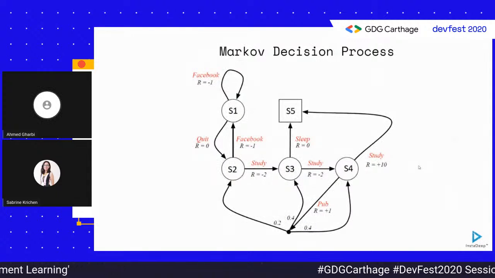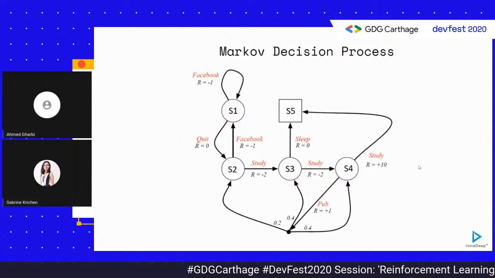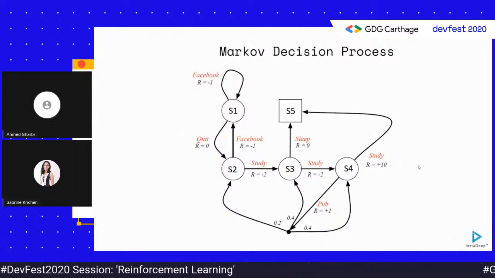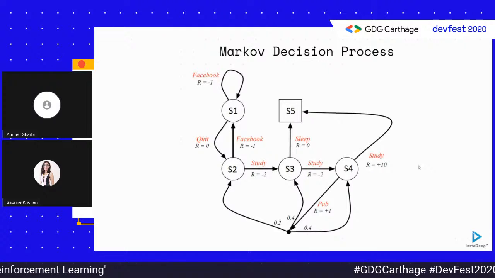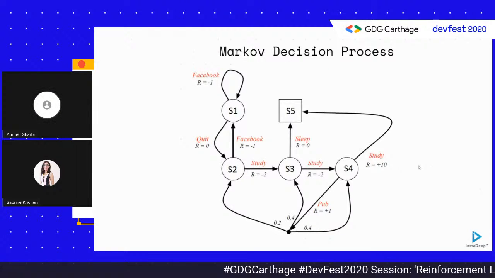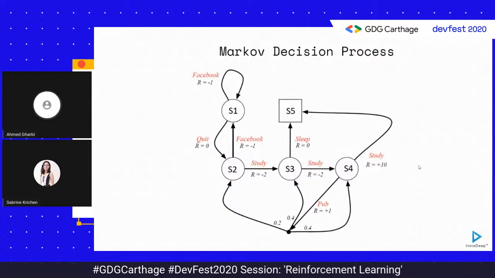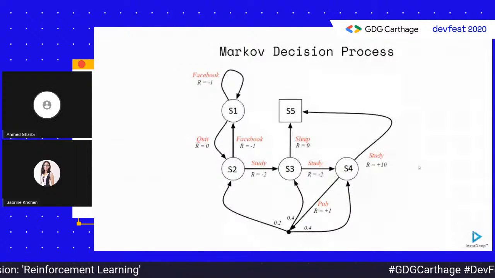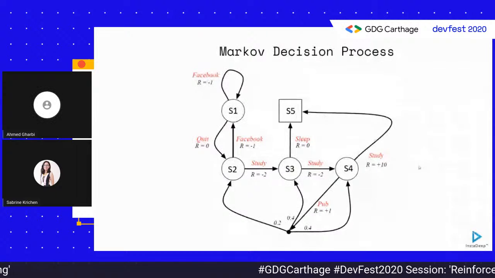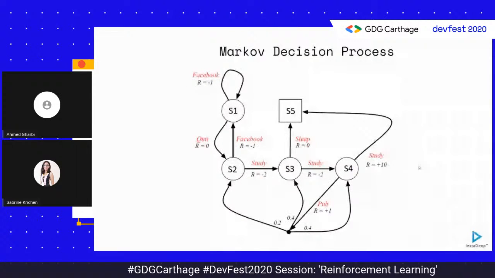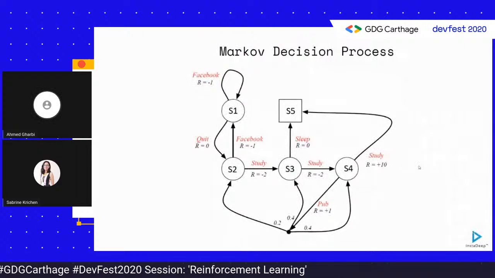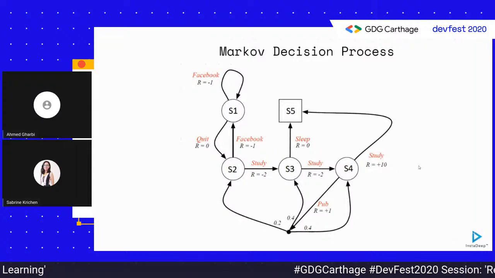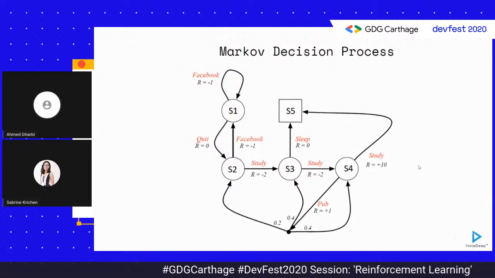Every time the student takes an action and finds himself in a new state, we call this a time step. So a time step is just an action that was performed by our agent, and the agent receives a reward and the next state. Okay, now let's take an example in this MDP. Let's say that the student woke up and found himself in the state S2. Now the student can either go to class and study, or maybe use Facebook instead. Let's say he decided to study and